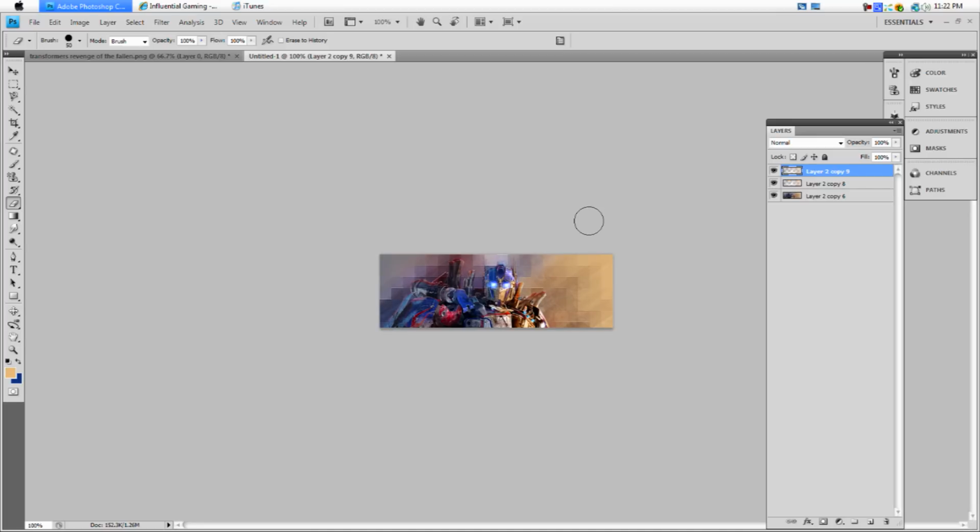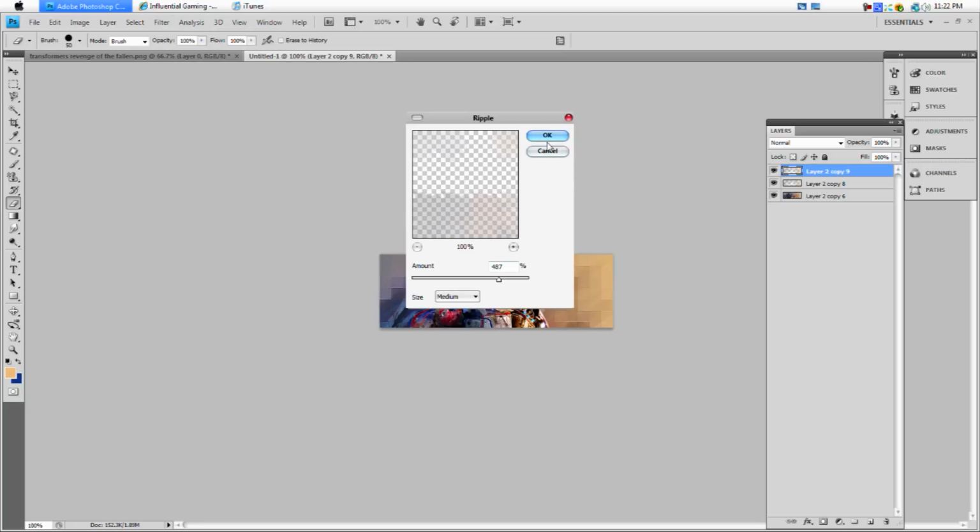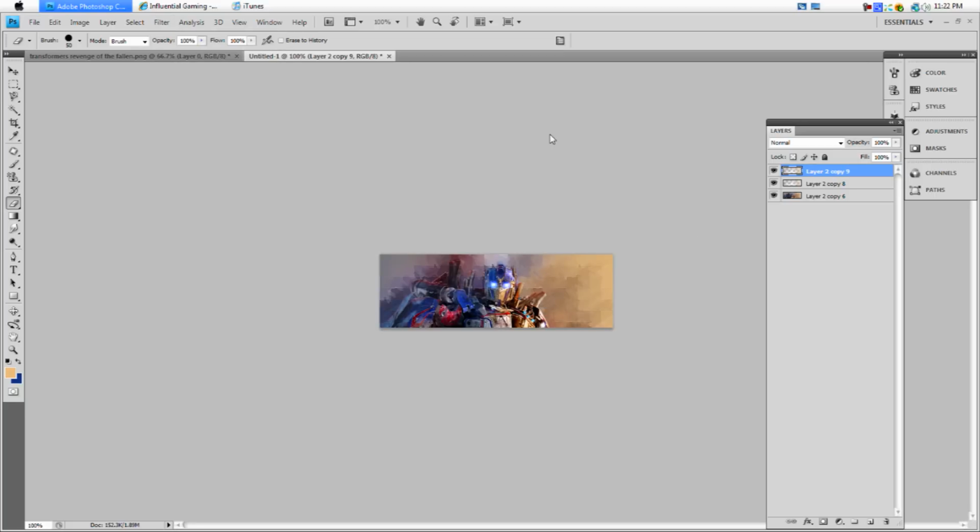Hit Control J again, and then go up to Filter, Distort, and then give it another ripple, and just say OK. And so that'll give it more of a blur effect, or smudge effect, and you can just lower your opacity on that. So I'll set mine up to about 75, 80, and I'll keep it there at 80. Alright, merge those two layers again,